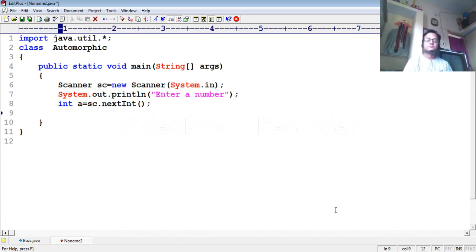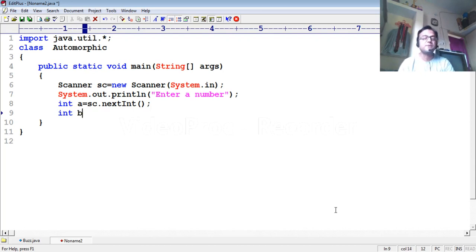Now you need to compare the original number after squaring the value and extracting the last digits from the square. Whenever you have to compare with the original number, you must copy the value, because after digit extraction the original value becomes 0.